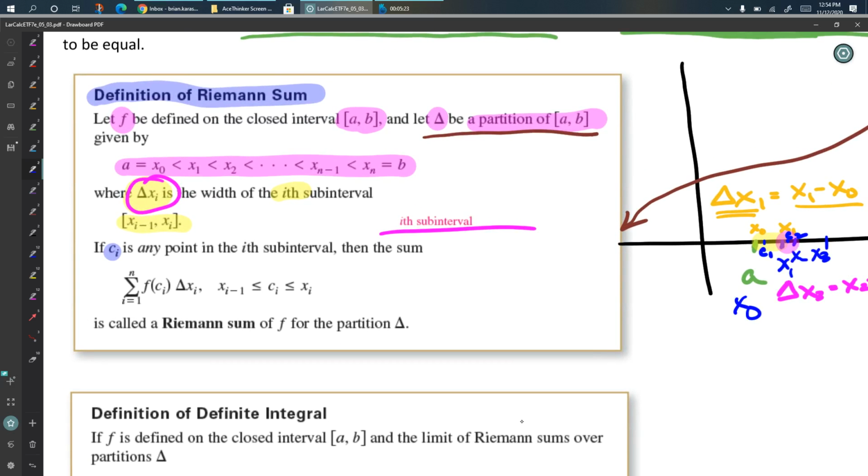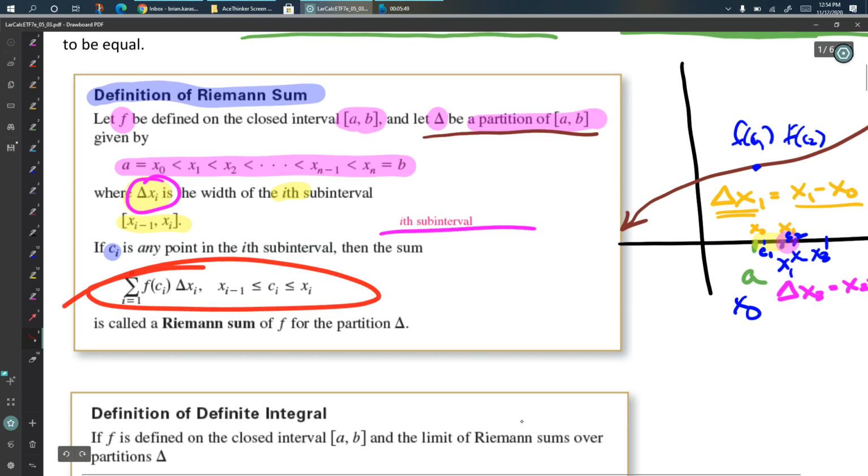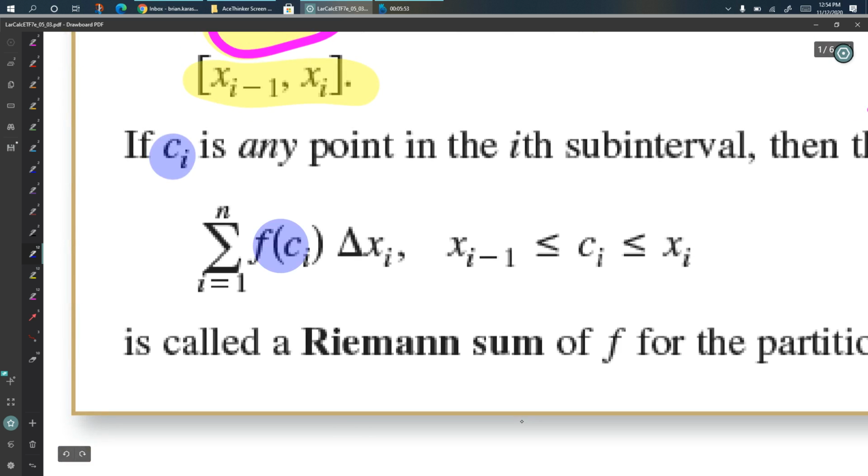So if C is a point in the interval, then we can use that value C to find the height of the function at that point. So right here would be f of C1, and then over here somewhere is f of C2, and so on and so forth. And we're back to what we were doing last section, where we're just going to say, if we're doing a summation, the f of C sub i represents the height,